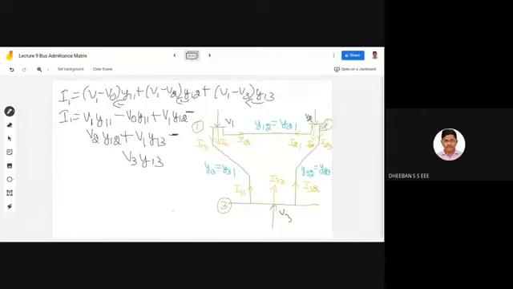take the common out. So the first thing you are going to take common is V1. If you're taking V1 common, I1 equals, from here it is Y11, and from here it is plus Y12, and from here it is plus Y13, into your V1. And for the second term, it corresponds to your V2,